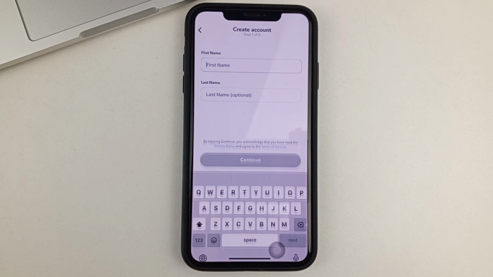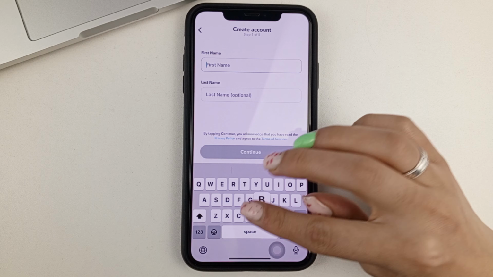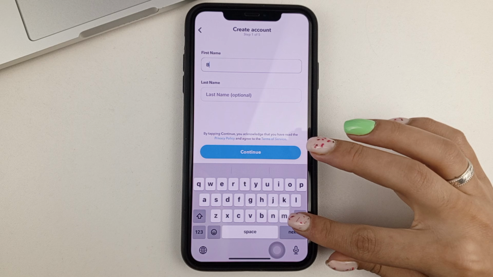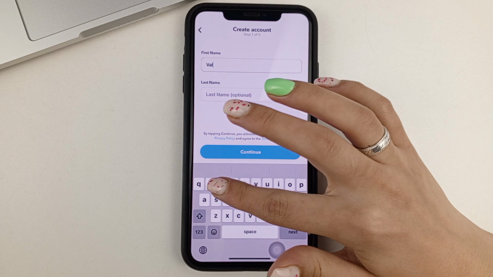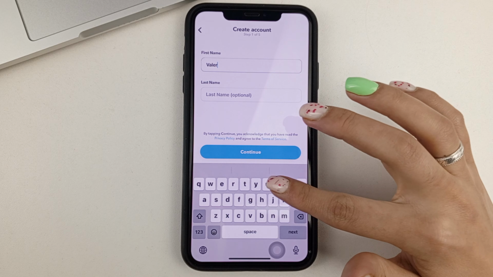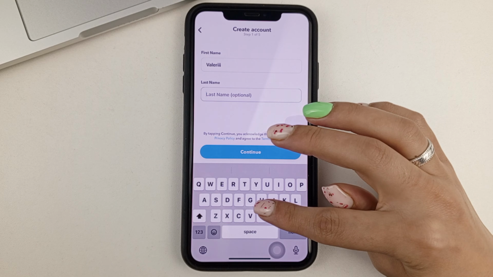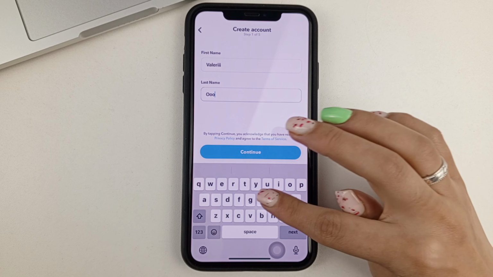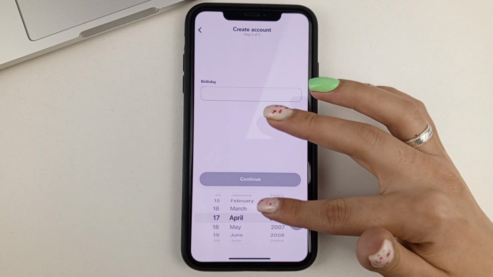We click on Create a New One. And then we have to enter our information. First, we enter our name. Then we choose our date of birth.